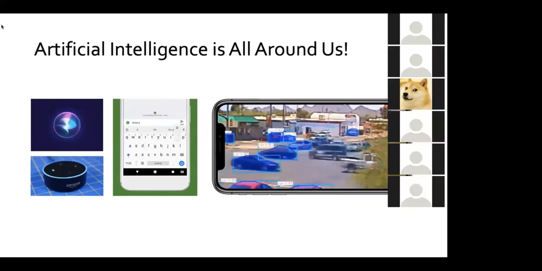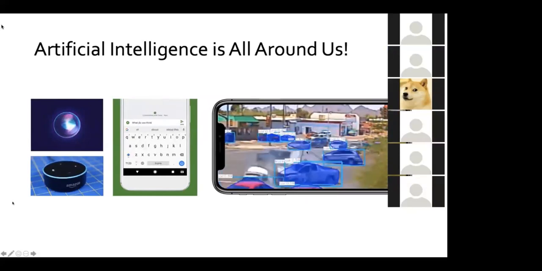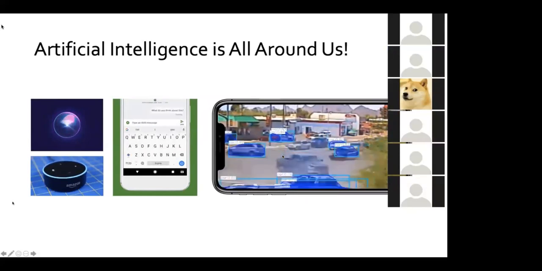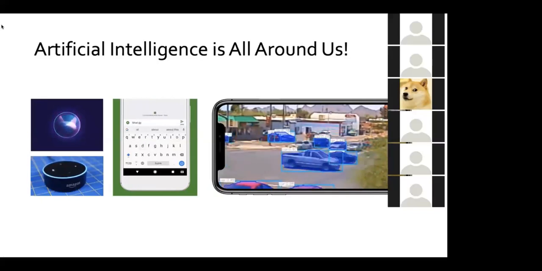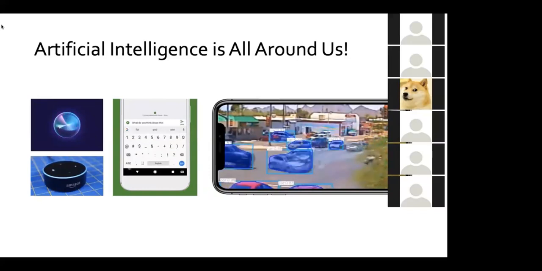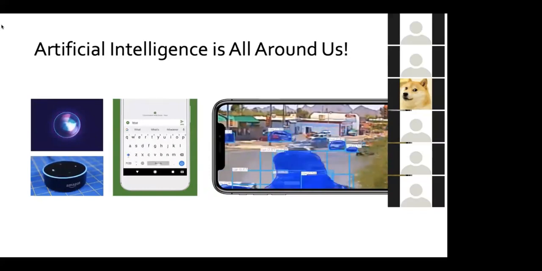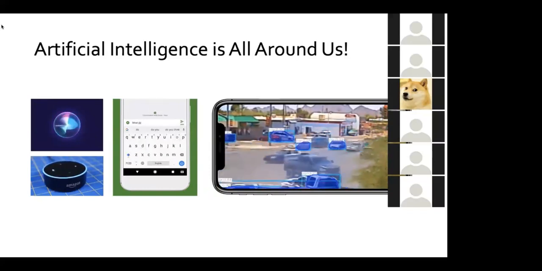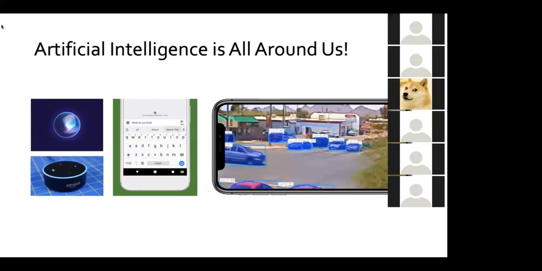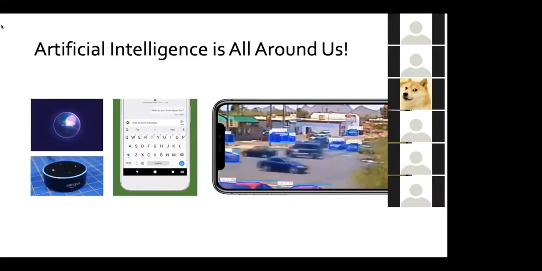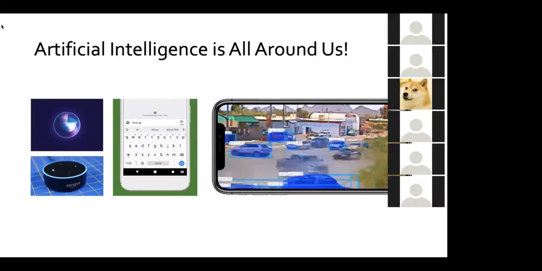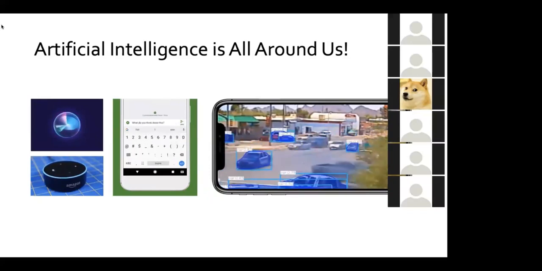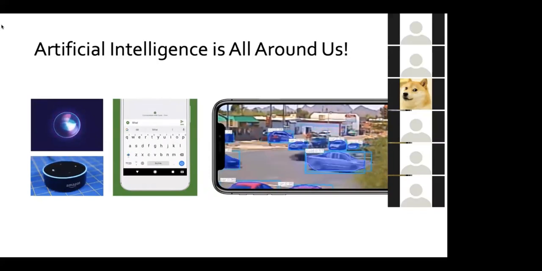It'll scan through all the frames. And for example, in this case, it can detect all the cars, which could be very important for applications in law enforcement or in public safety to identify drunk drivers or otherwise dangerous things that are happening on the road. So obviously, computation is incredibly important in this 21st century that we're living in. And it's only going to become more important as these technologies mature.